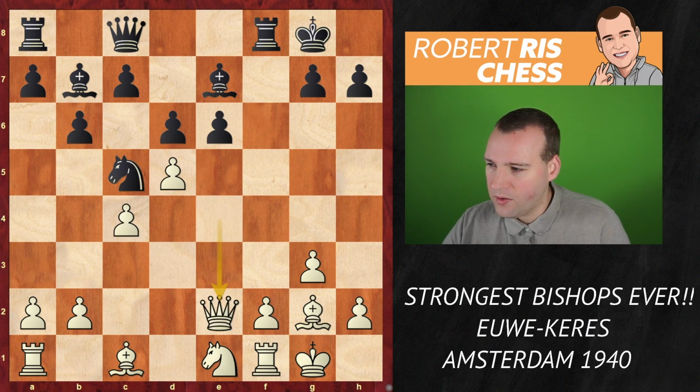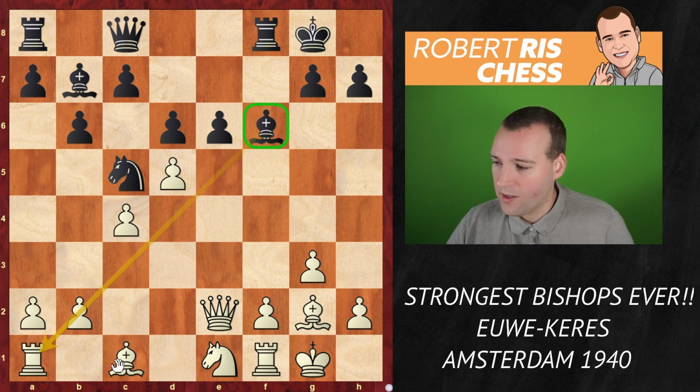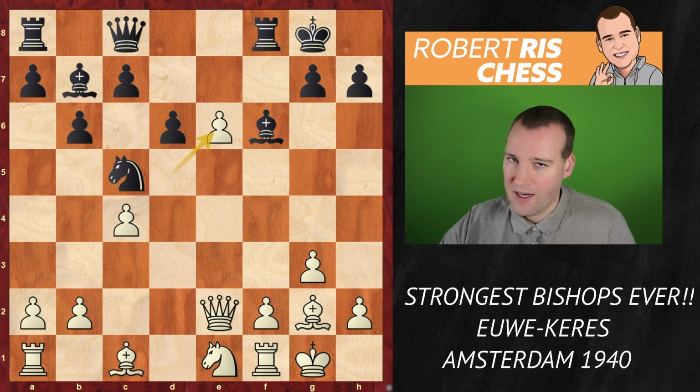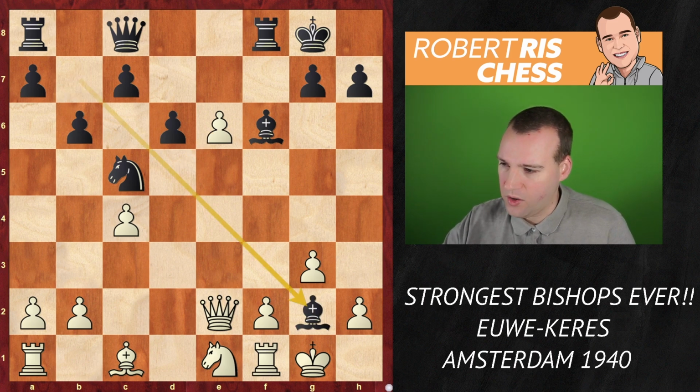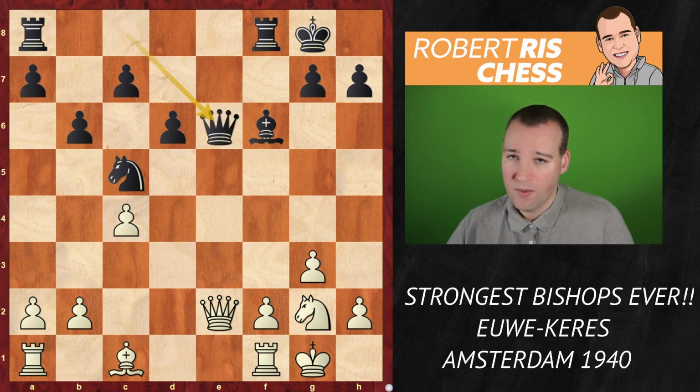The queen goes back to e2, and now Bf6. That's also a very useful move, because the bishop looks excellently placed on this long diagonal, making it harder for the bishop to be developed. Now, the pawn on e6 can be taken, but let's say that happens, black takes on g2, trading off the bishops, then black has the option to free its position by recapturing with the queen,